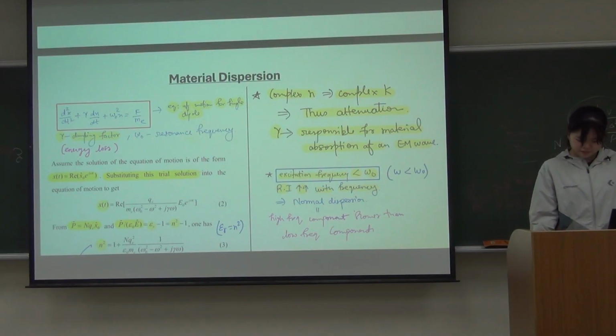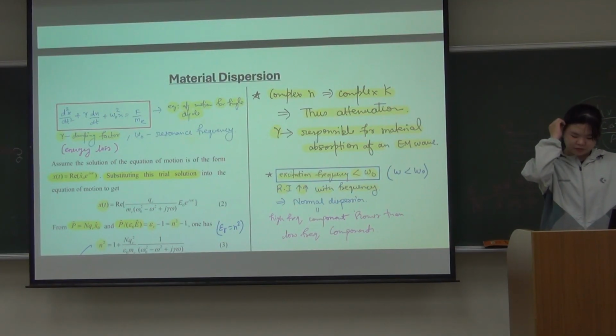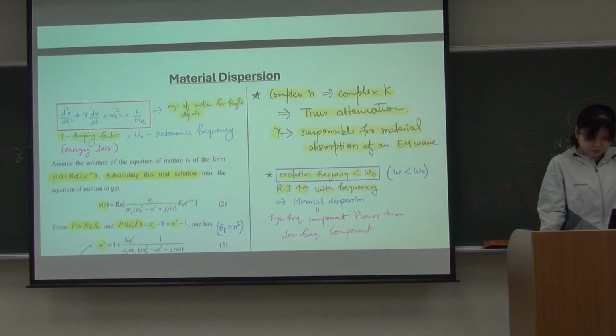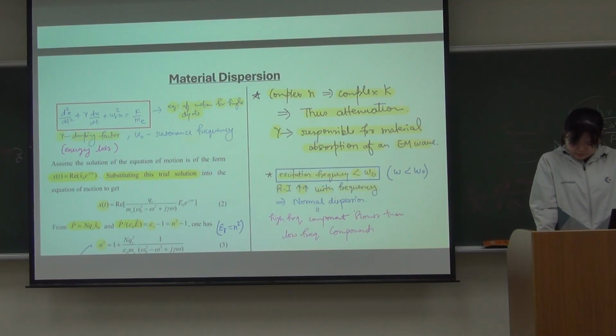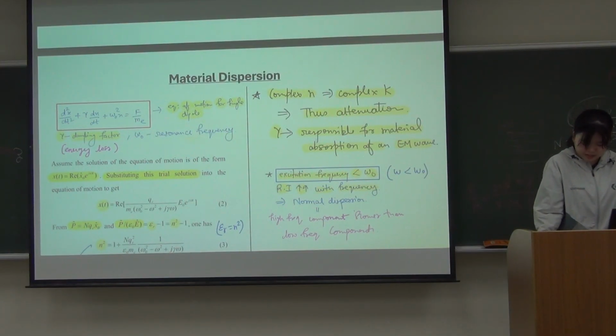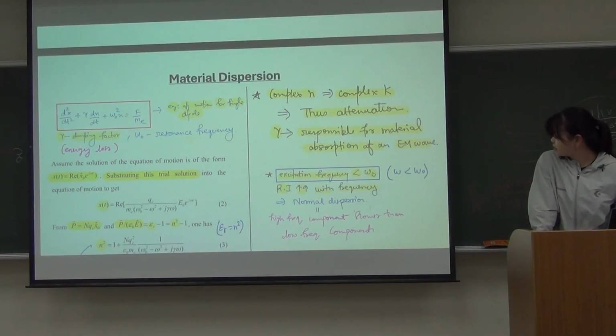And the damping factor is responsible for the material absorption of an electromagnetic wave and between the height and the width of the resonance peak in the frequency domain. For excitation frequency below the resonance, the material exhibits normal dispersion, and where the